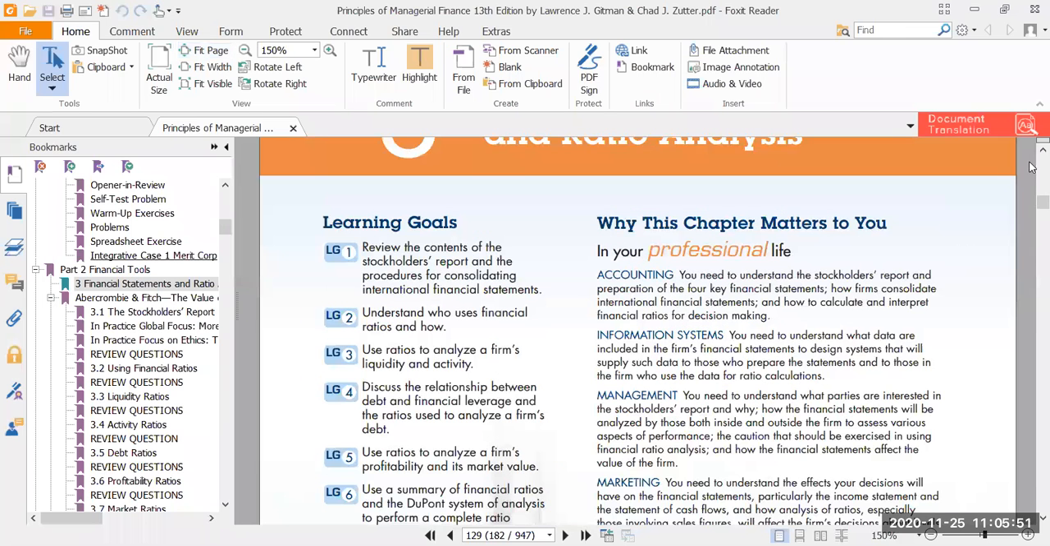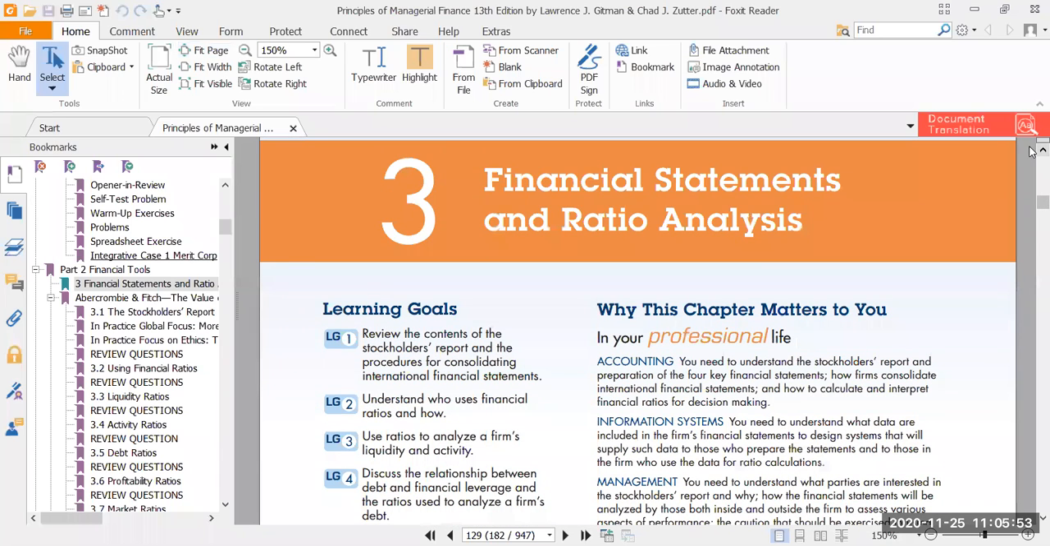Okay, today we are going to start our topic, which is financial statements and the ratio analysis. This is chapter 3 of your book. The book given to you is the Gitman book of financial management. With the passage of time, when we are completing this chapter, we have such learning objectives. Number one, we are going to review the contents regarding the stockholders' report and the proceedings for consolidating